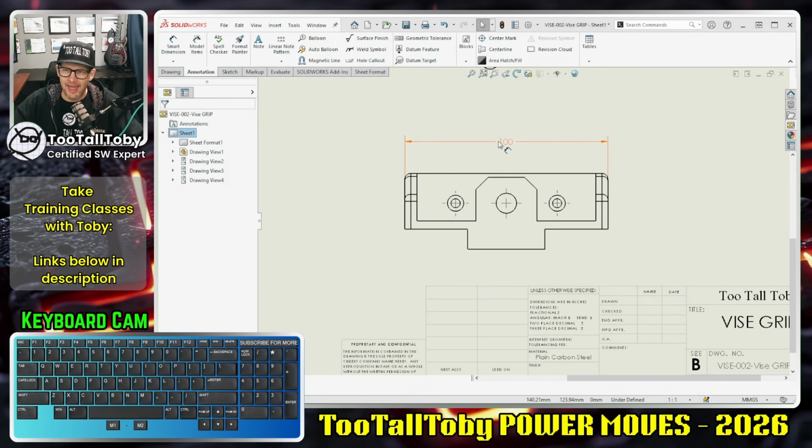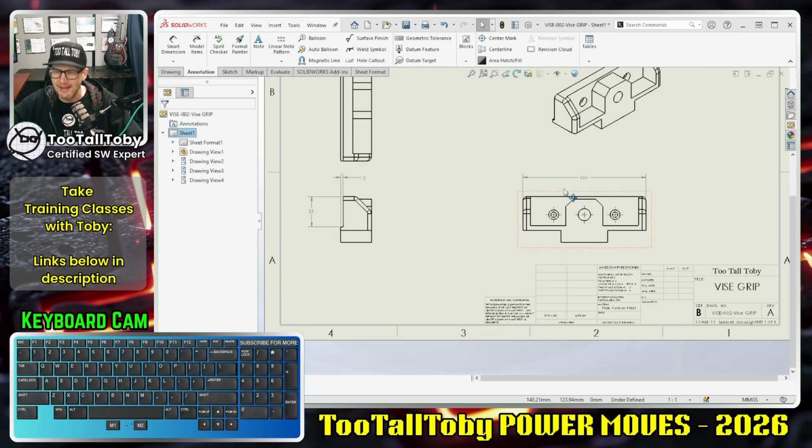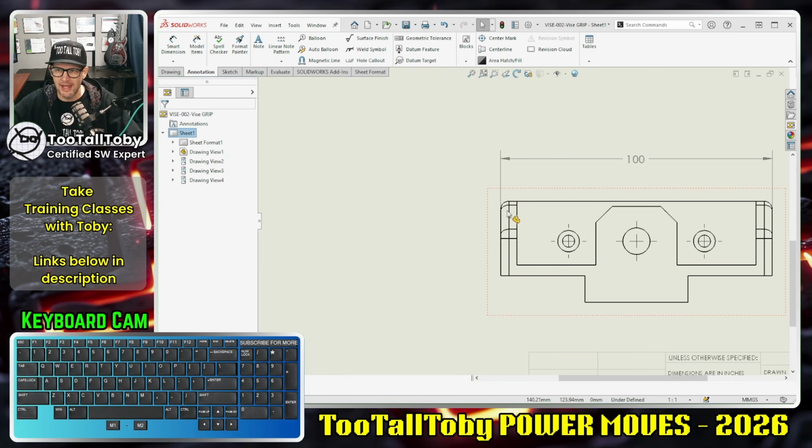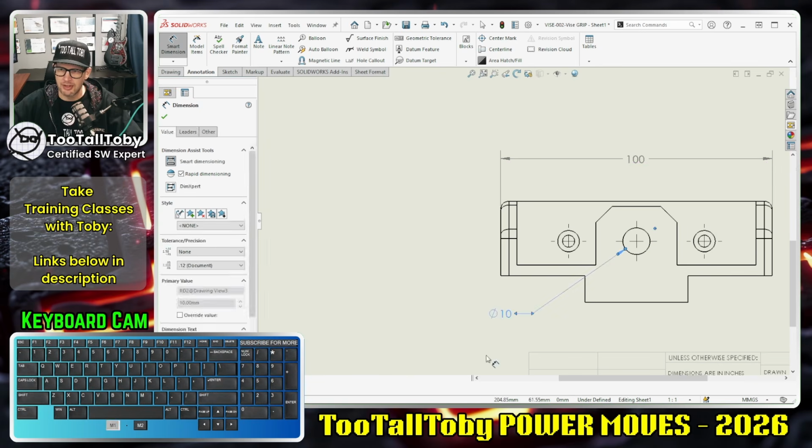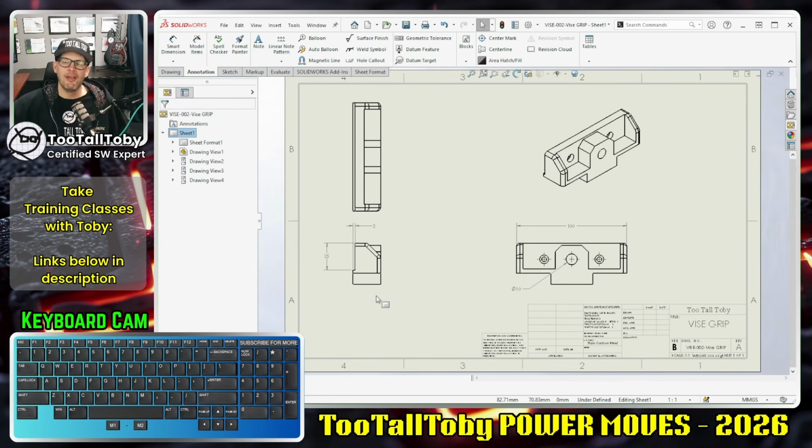Today we're going to talk about SOLIDWORKS drawings and the idea of ending up with gray dimensions in your SOLIDWORKS drawings. This is something that comes up a lot, both for beginner users and for experienced users, and it can be a little bit frustrating. Sometimes my dimensions come in as black, sometimes they come in as gray. Most of the time when I go to add a new dimension, it just shows up as gray, and I wish that it would show up as black by default. Well, the good news is there is a very simple solution to this, and that solution is to turn on